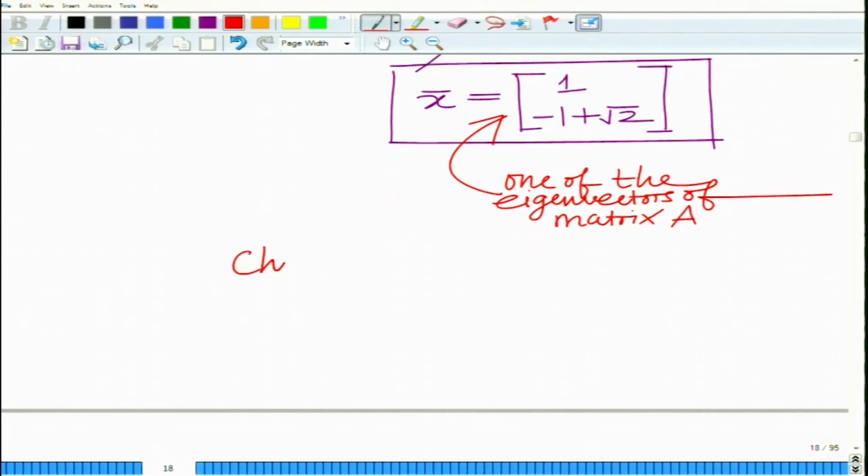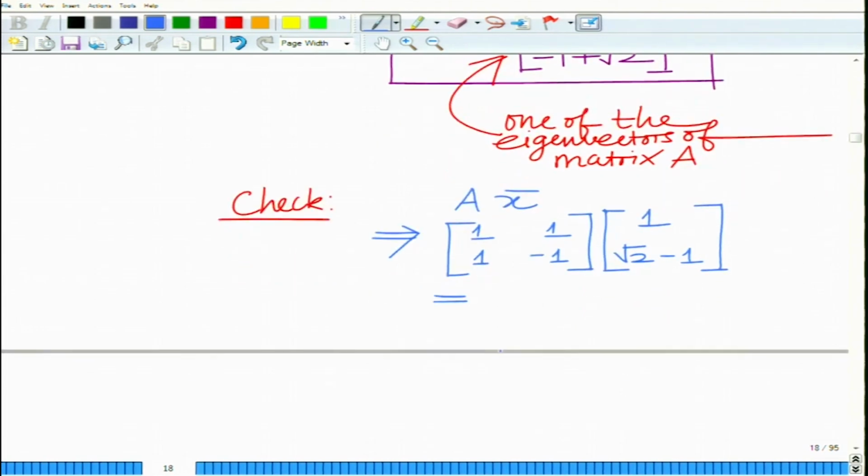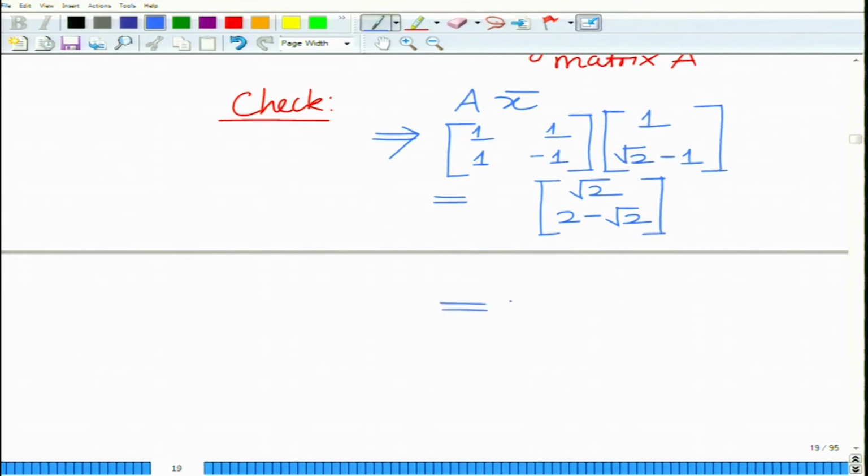Let us do that. If you look at A times x bar, that is equal to the matrix 1 1 1 minus 1 times x bar, that is 1, root 2 minus 1. So, this will be 1 into 1 plus root 2 minus 1, so this will be root 2, and 1 into 1 minus root 2 minus 1. So, this will be 2 minus root 2, which if you pull out this constant square root of 2,